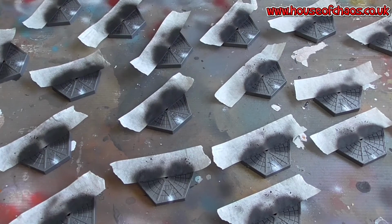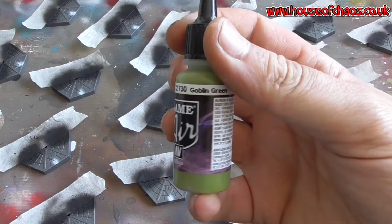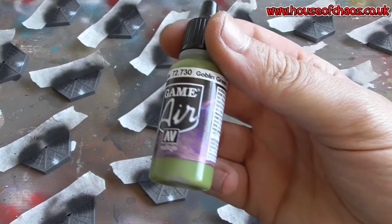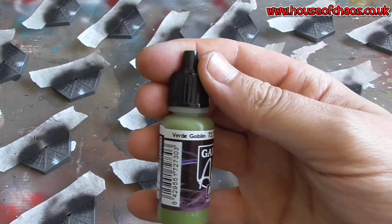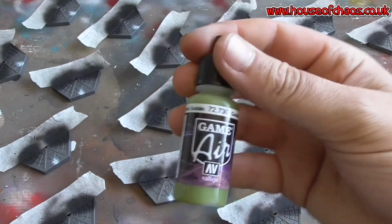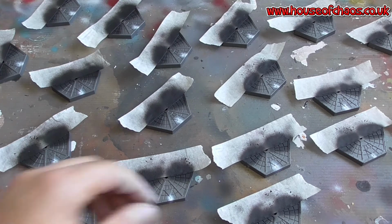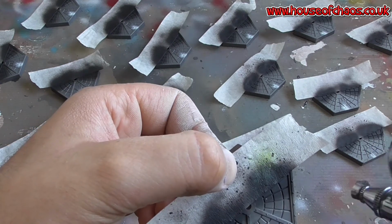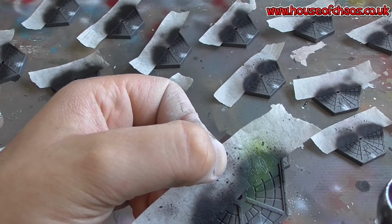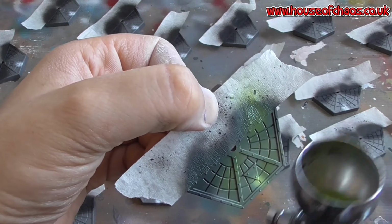Okay, so get your favourite, I wouldn't say dark green, but like a neutral green. By that I mean just an ivy green, whatever green floats your boat basically. But this is what I've gone with. It is a Goblin Green. So for this particular video I'm using Vallejo Game Air. So this is the kind of green I'm aiming for. So we'll just lay down a fairly thin coat all over. Like we did previously, nice and thin all over,